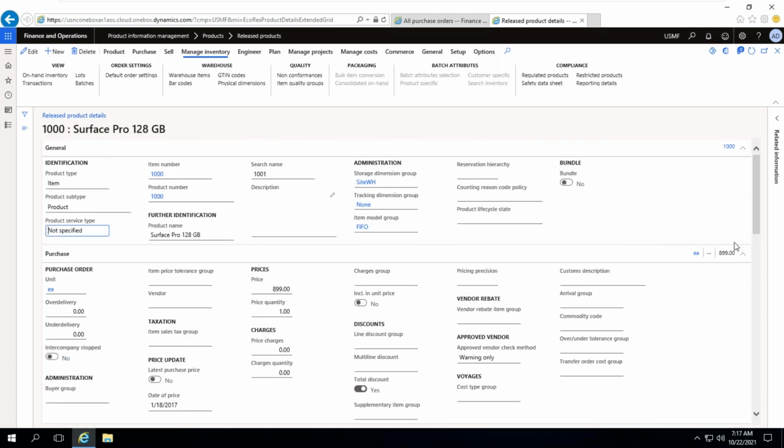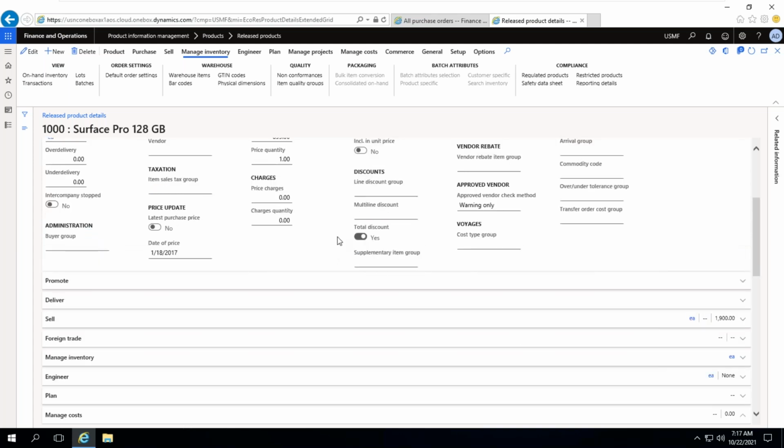So here, I'm sorry, if you look at this one, the purchase fast tab. In this, warning only is there. Approved vendor warning. You can click on edit.